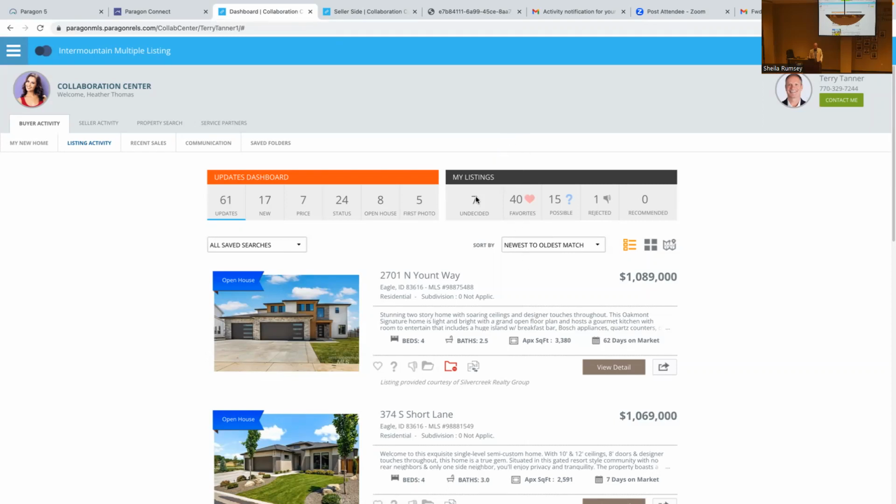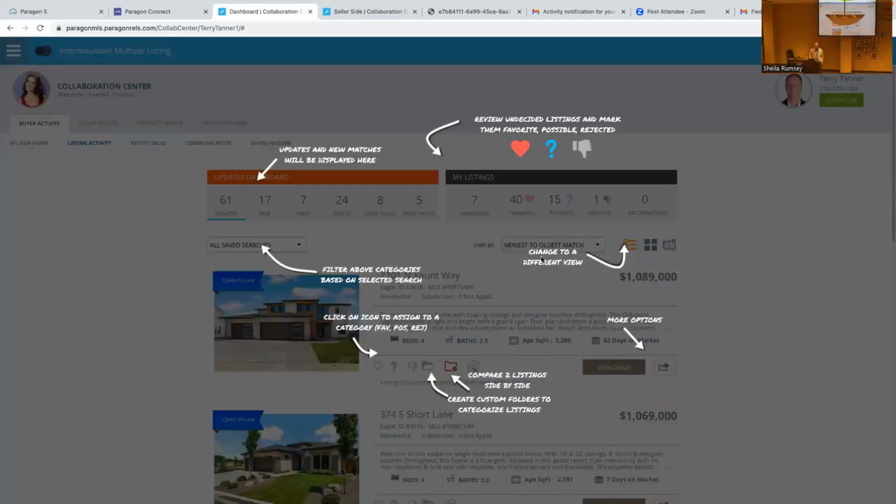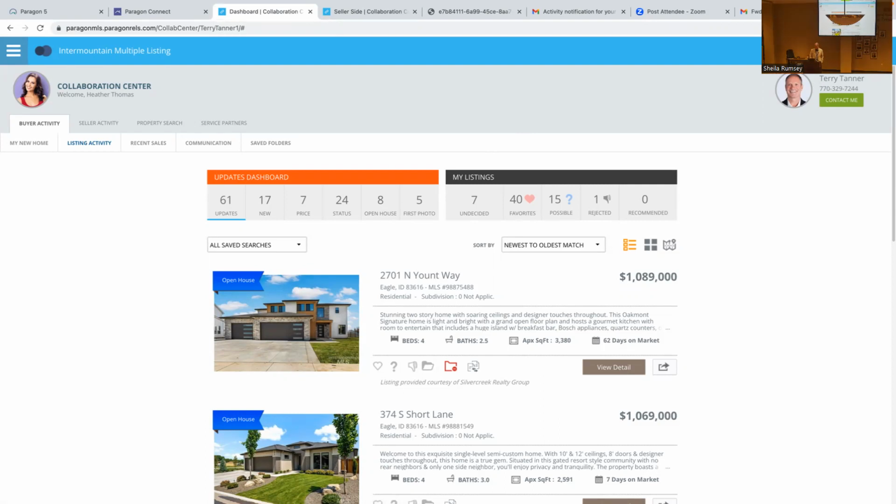So maybe it's just a quick little, hey, by the way, did you know you could do this type thing? Even on this screen here, if I click this, it's going to show me what they can do by hitting that little icon right there. So that would be a little paradigm shift, maybe an education if they went past it too fast and didn't look at it. To say, hey, by the way, do you know you can do this, this, and this? Or do what I said and